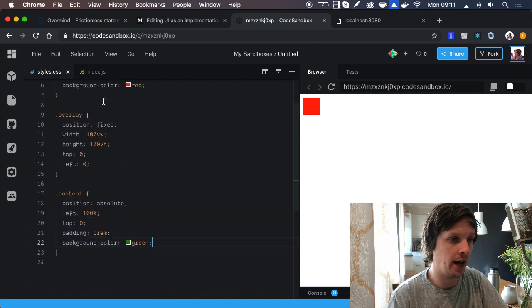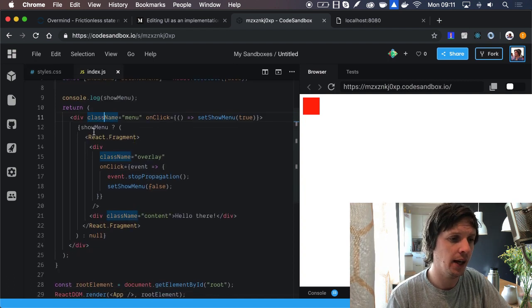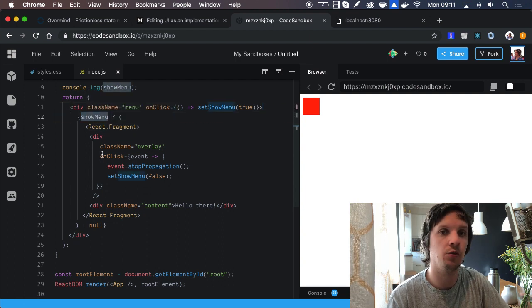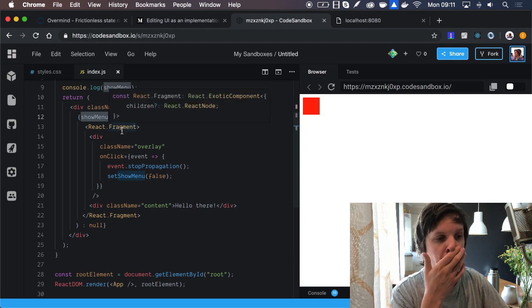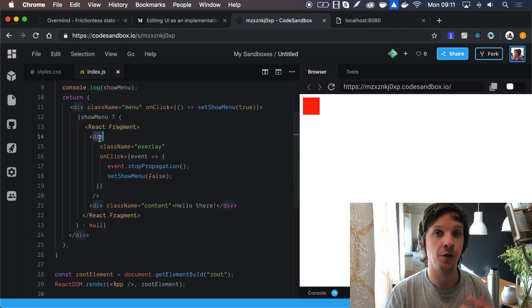It needs to have position relative, and all this other stuff is just for showing it off. And then you can have an icon inside here or some text or a button, it doesn't matter. And then if you show the menu, you want to display two different elements. I'm using a fragment here because these two elements can be siblings, where the first one is an overlay.